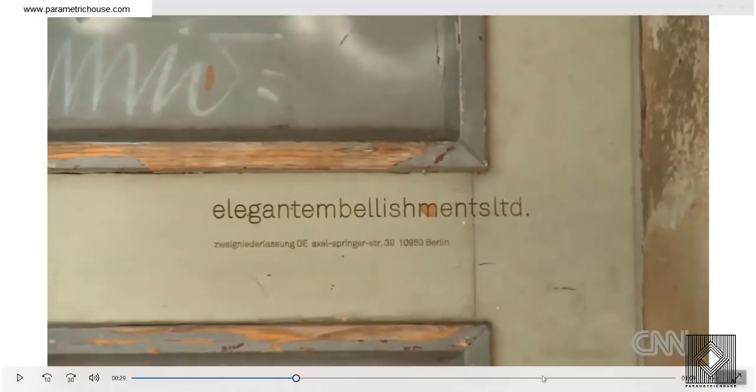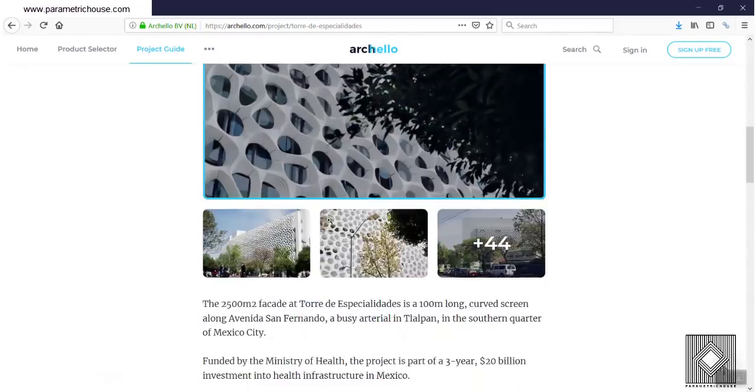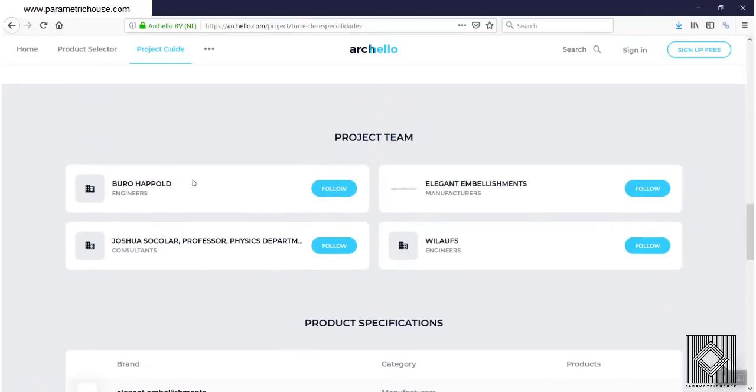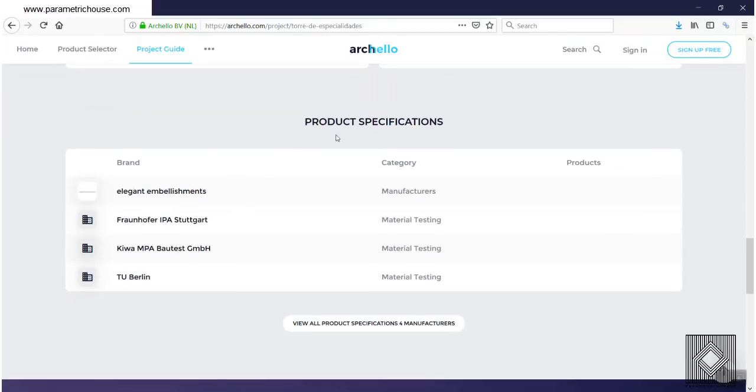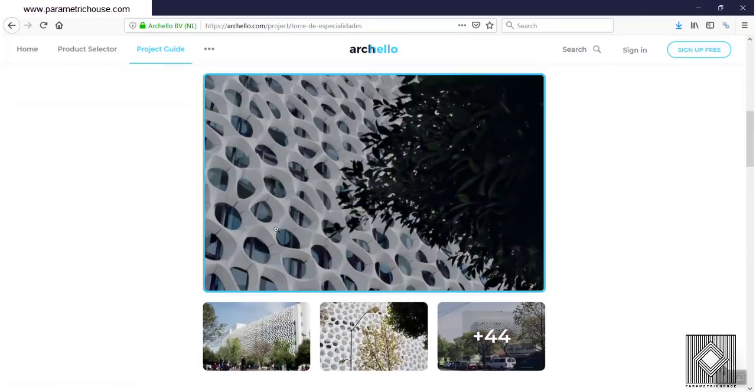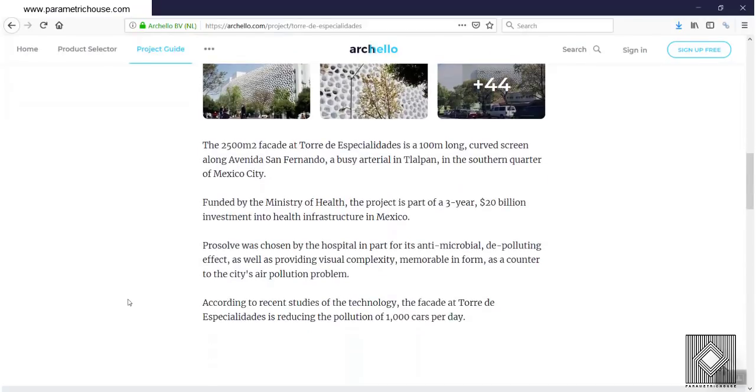About the project, you can also know more about the project here in the website. You can see that the Grasshopper is the engineers of this, and more information about the project team and the product specification, especially about the facade technology, which you can see that it just cost $20 billion of investment to